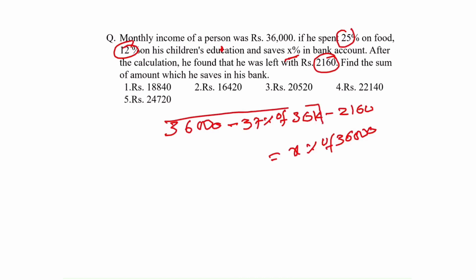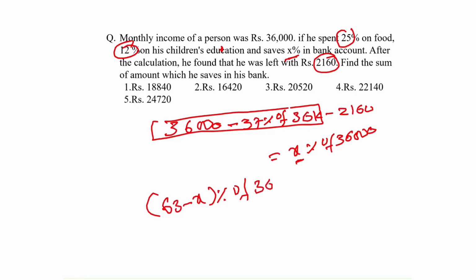36,000 minus 37% of 36,000 gives us 63% of 36,000. So 63 minus x% of 36,000 is equal to 2,160 rupees. So percent, 2 zeros cancel, 36 cancels 6 times. Therefore x is equal to 63 minus 6, which is equal to